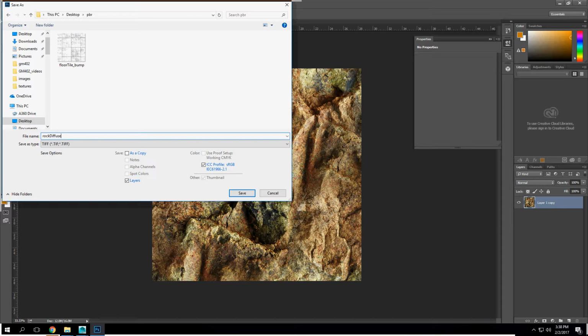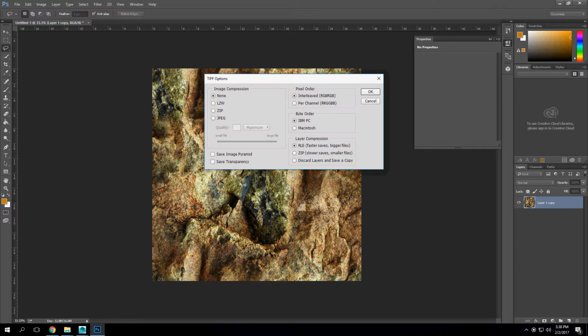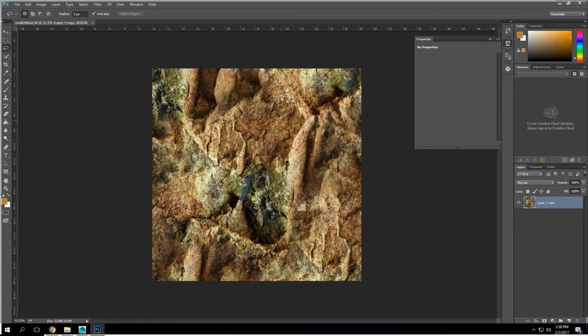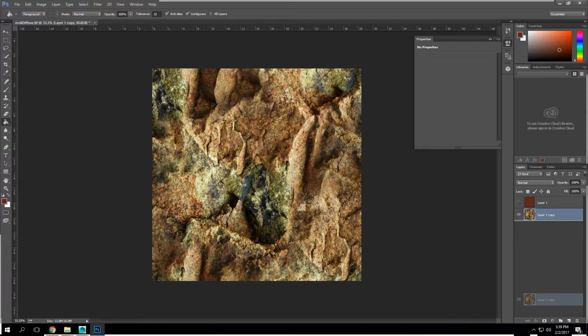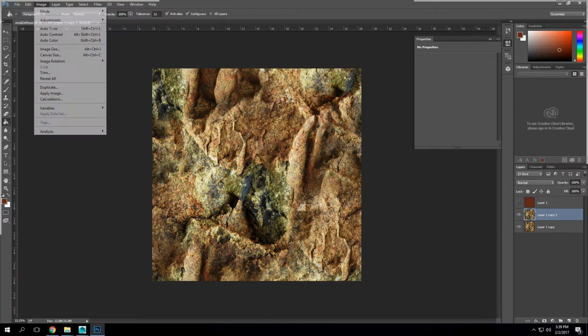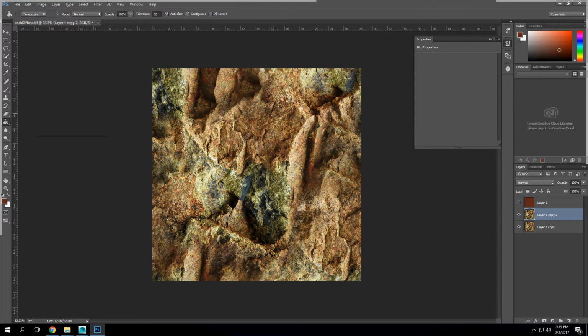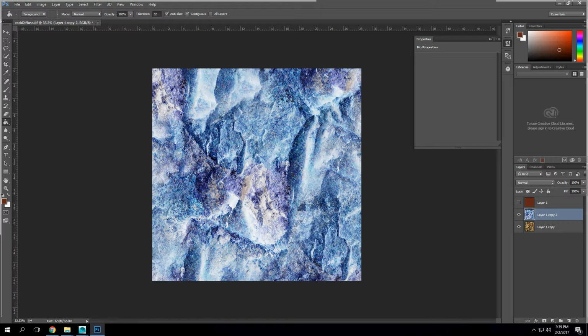So this is more of a diffuse map. However, if I want to try to make it more of an albedo, which is for games and working with PBR, then there's a couple of things I need to do. And it's not the end all or be all, and there's some things that I do that may not be exactly right. But I'm going to sample a color. I'm going to take this, duplicate it, and then I am going to inverse it,